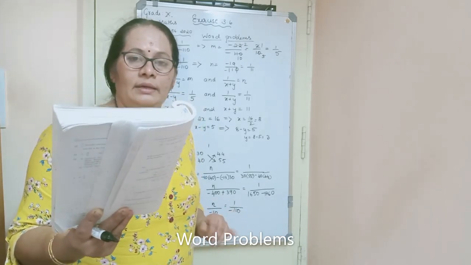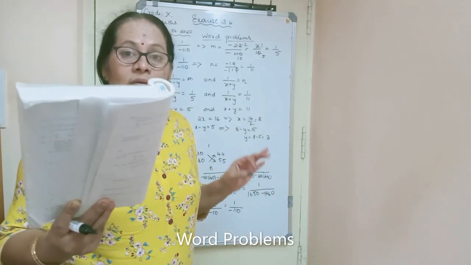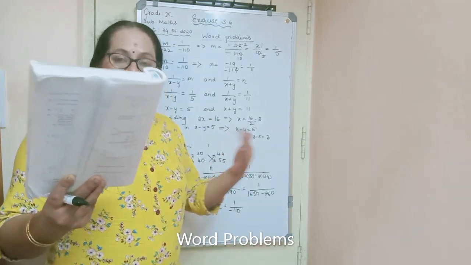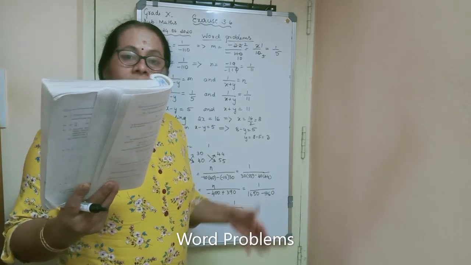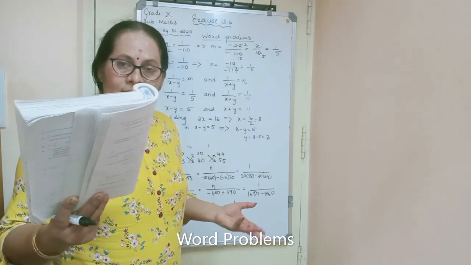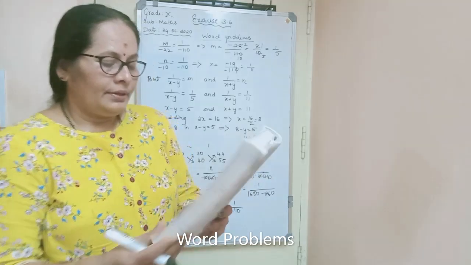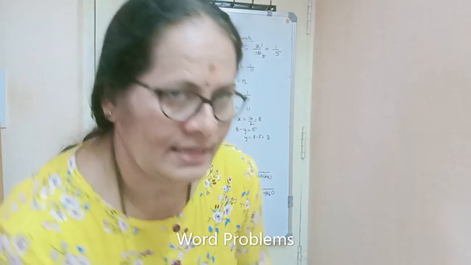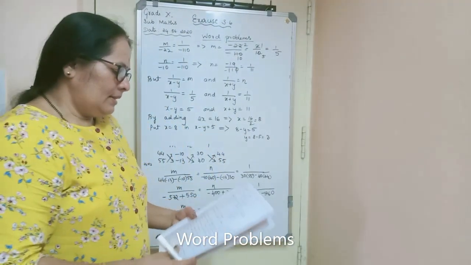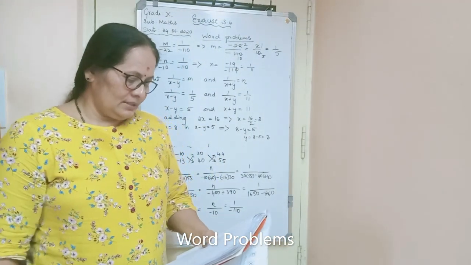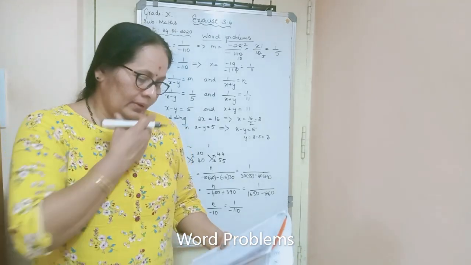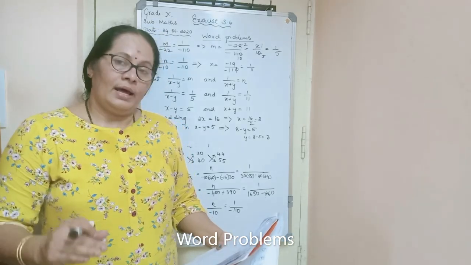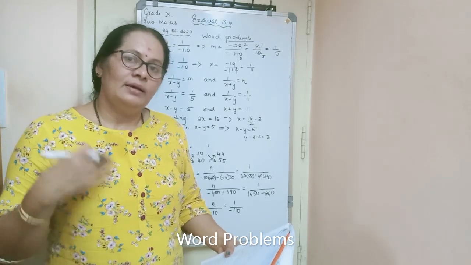So this is related to time and work. Now here more people, more work can be done. Less people, less work. So they are in direct proportion. See here, 2 women and 5 men together finish the embroidery work in 4 days, while 3 women and 6 men can finish it in 3 days. Okay, so time and work are directly proportional. More time, more work, or less time, less work.